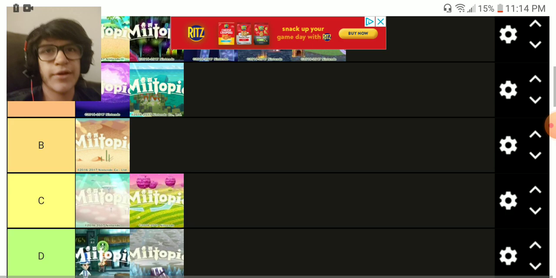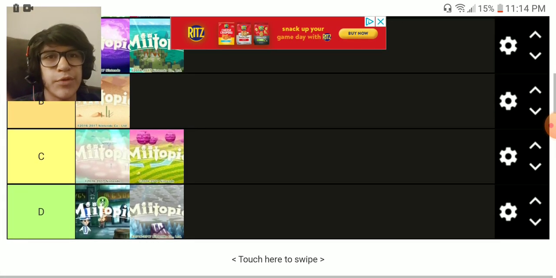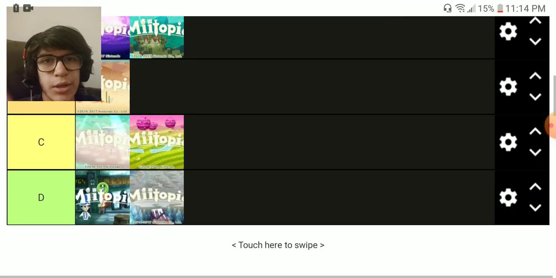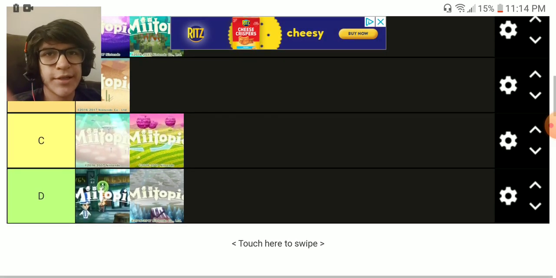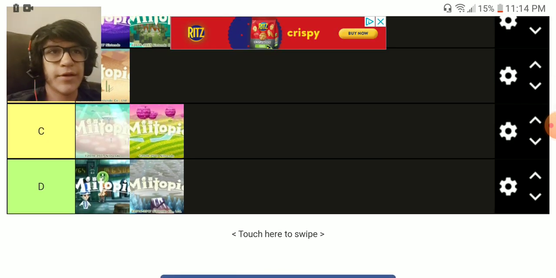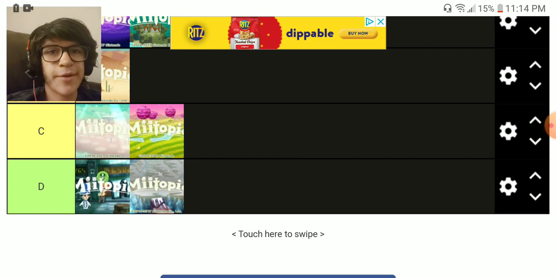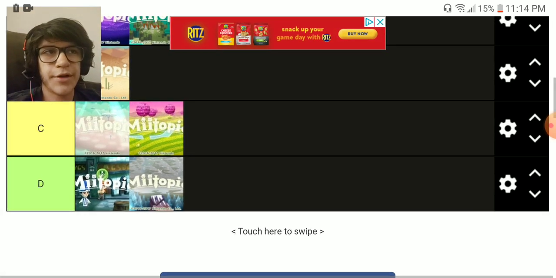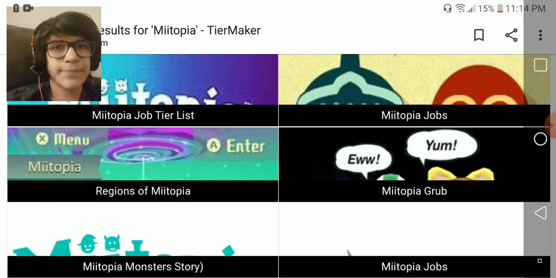In B, we have Nexador or Next Door. In C, we have Nimbus and Peculia. In D, we have the Traveler's Hub, which might be a little bit unfair towards it because it's not exactly a location like the other ones usually are. And then at the very bottom we have Powdered Peaks in D because I just really don't like that place. Anyway,